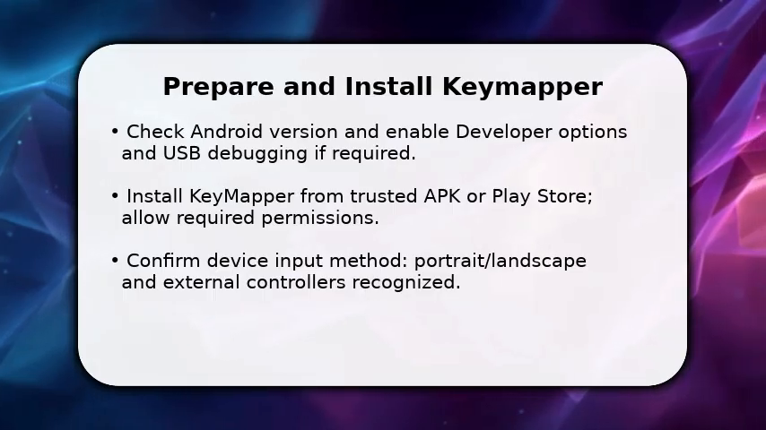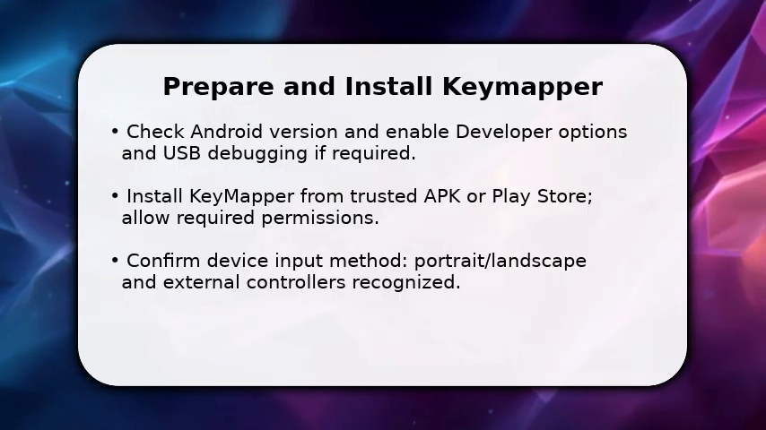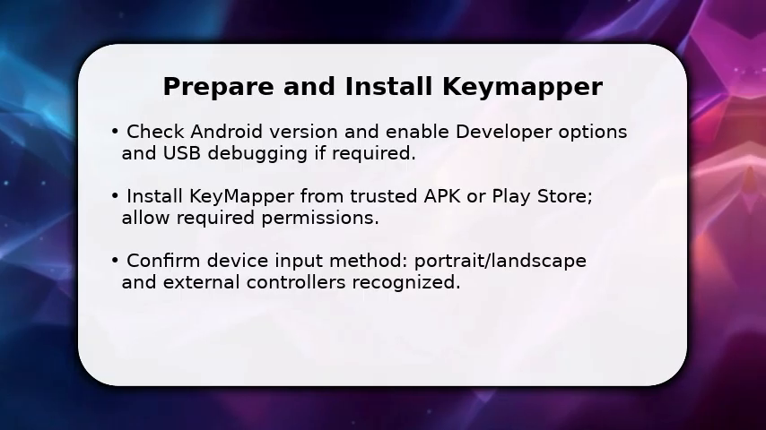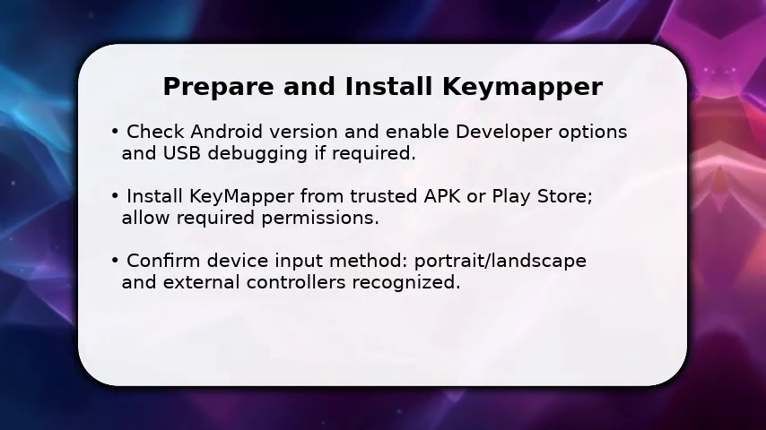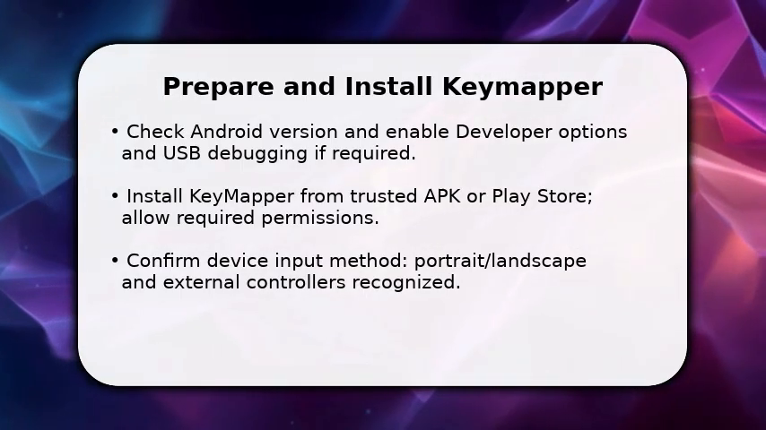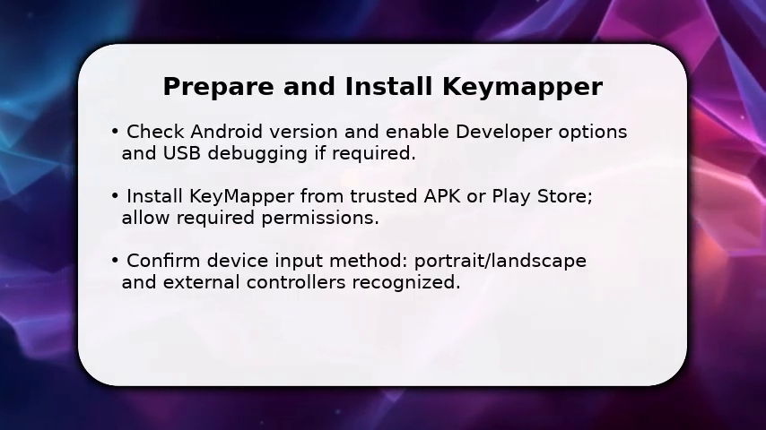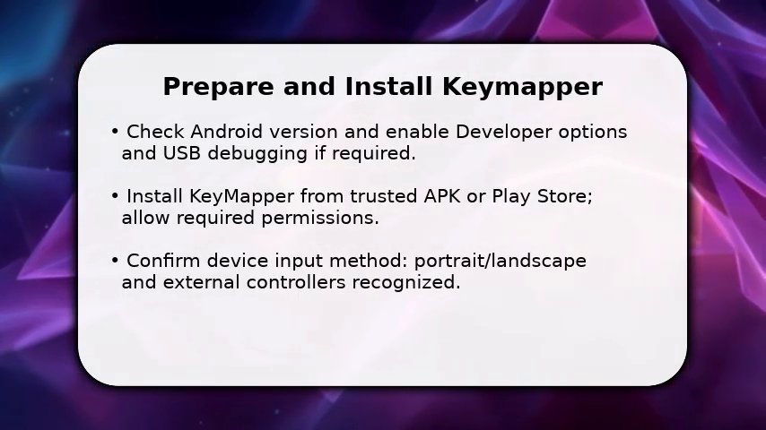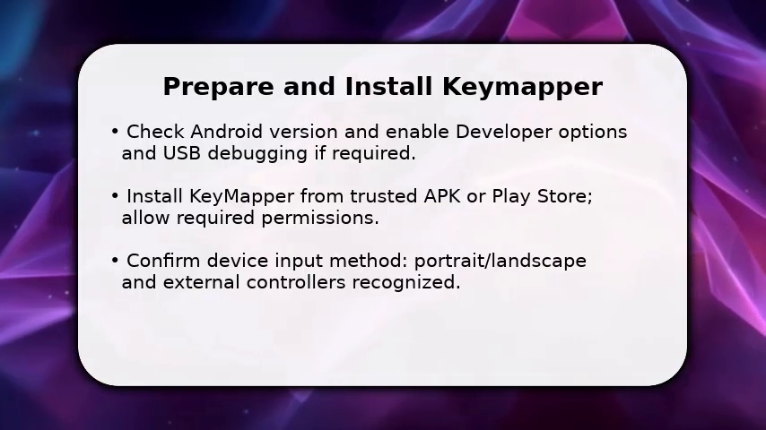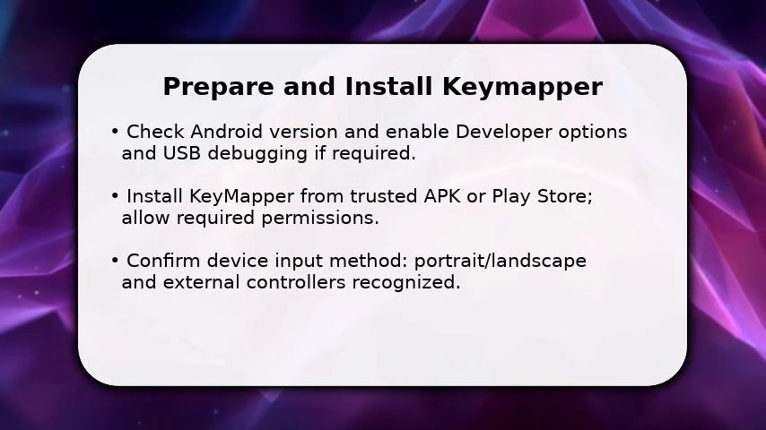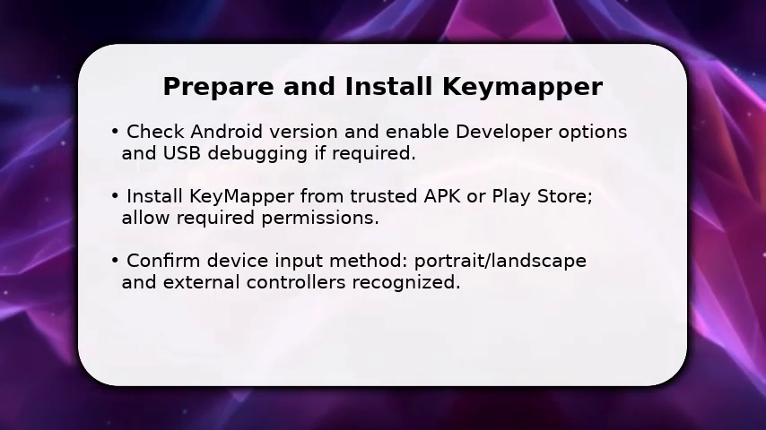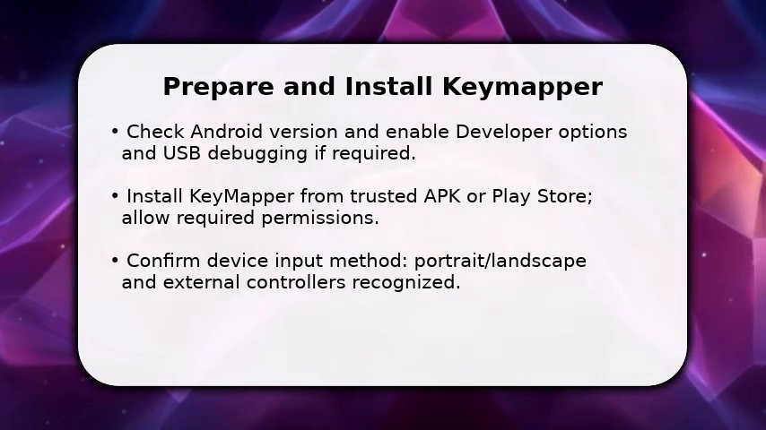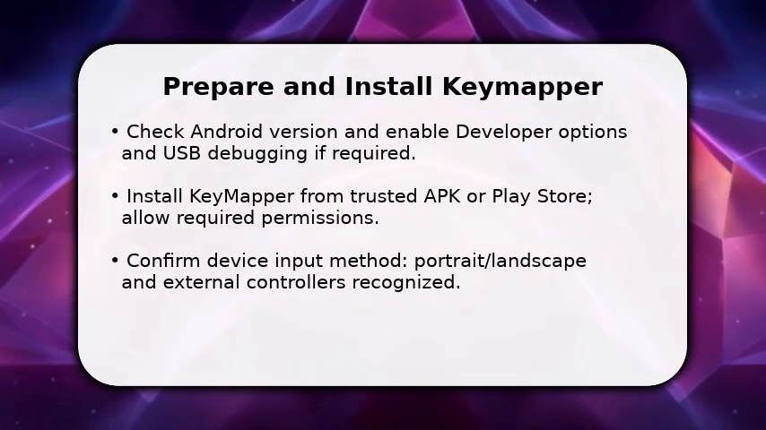You start by making sure your phone is ready. Confirm Android version and enable developer options if needed, then allow USB debugging for wired mappings. Next, install Keymapper from a trusted source and grant the app required permissions like accessibility and input access. Once done, check that your controller or keyboard is recognized in settings so Keymapper can detect key presses. This lays the foundation. Without proper permissions and device recognition, the app cannot intercept inputs, so set those now before